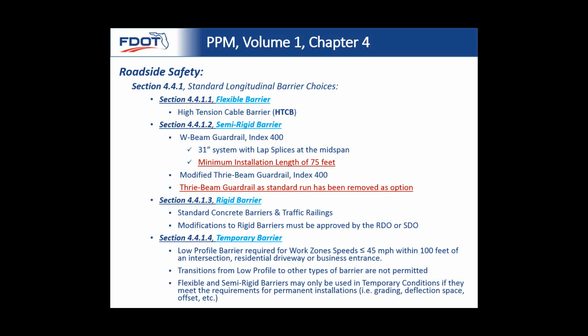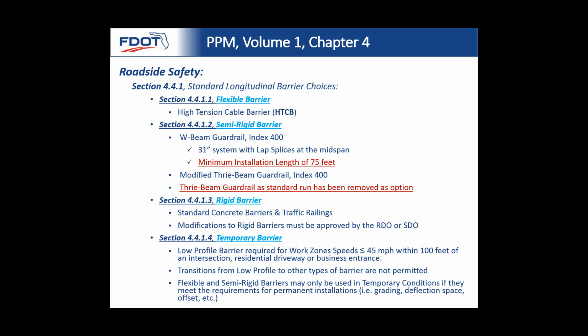As a result of the MASH testing that was done with the slightly larger vehicles and larger impact angles, we found that the guardrail needed to be installed a little bit higher to be able to successfully contain and redirect the larger pickup truck that's required in MASH. The mid-span splice was also an evolution because, with that impact energy increasing, the potential for penetrations of the rail were occurring because the